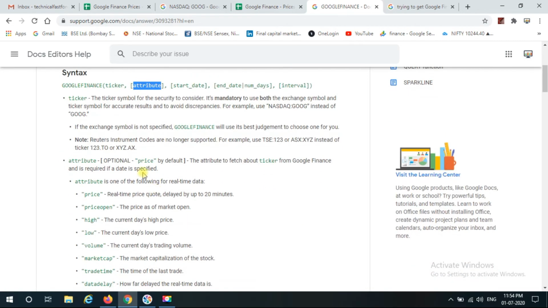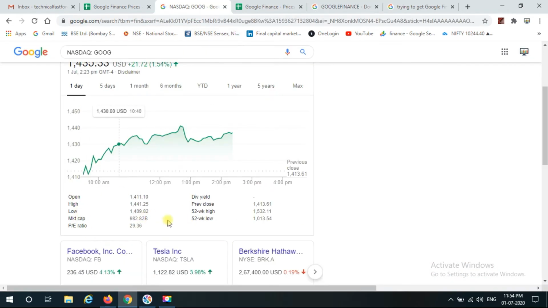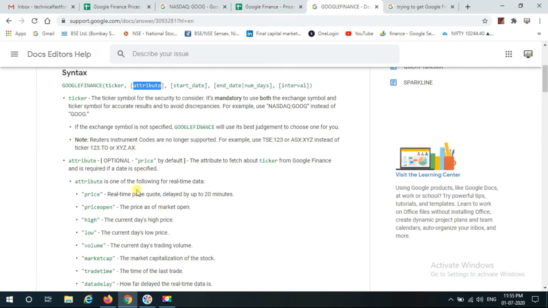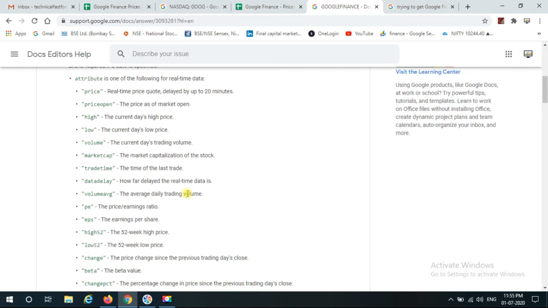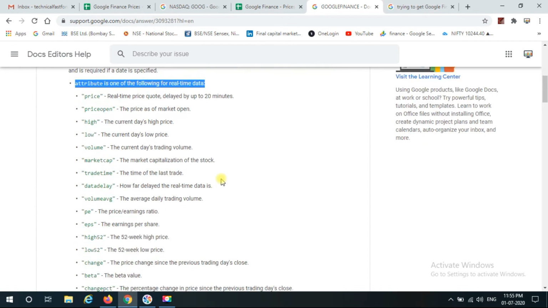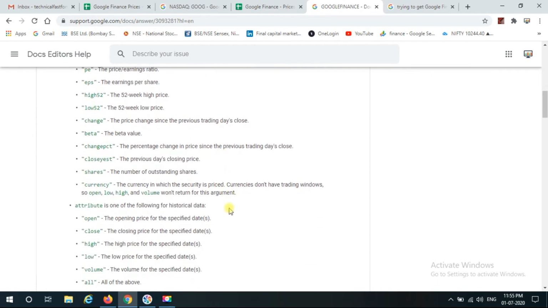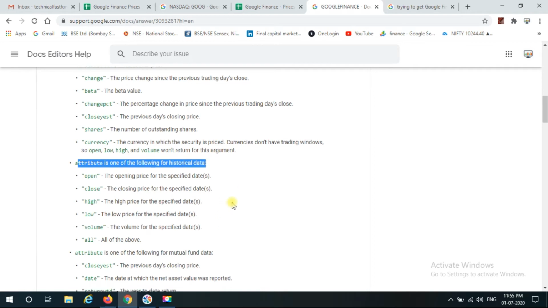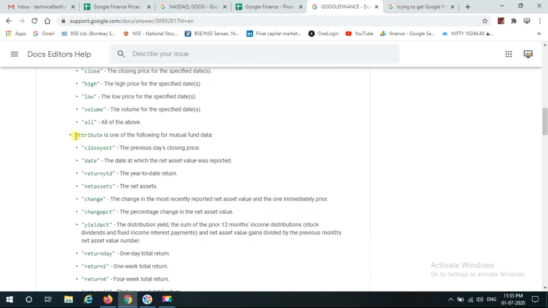Attribute is price by default. You have this attribute for real-time data, but if you need the previous closing, you have this attribute for previous or historical data, and after this, all the below ones are for mutual funds.